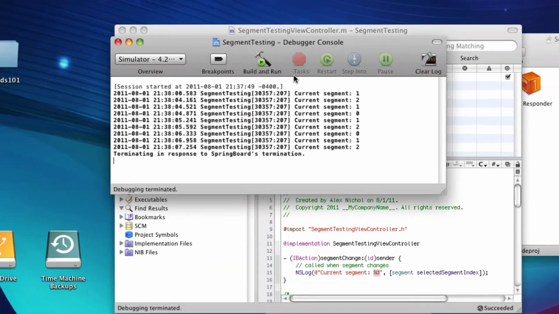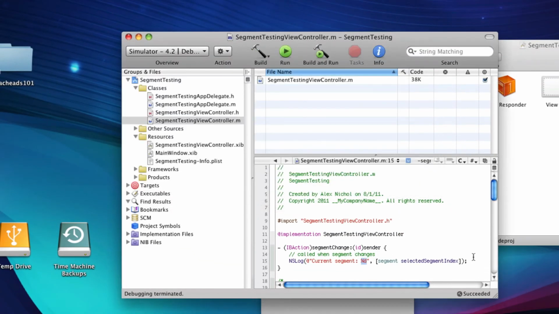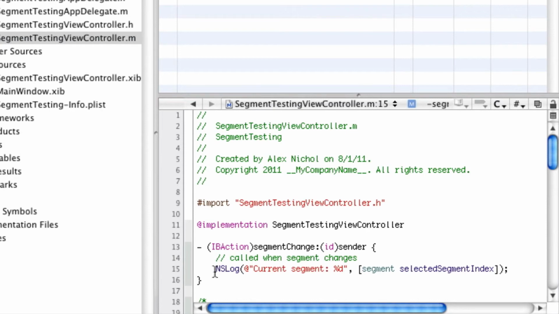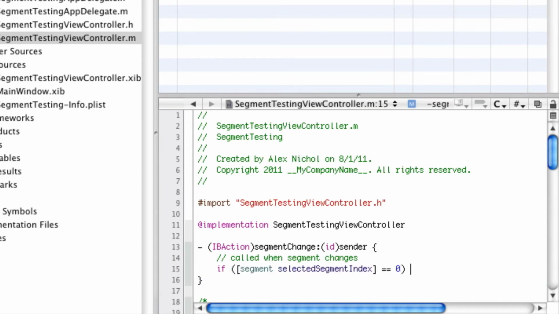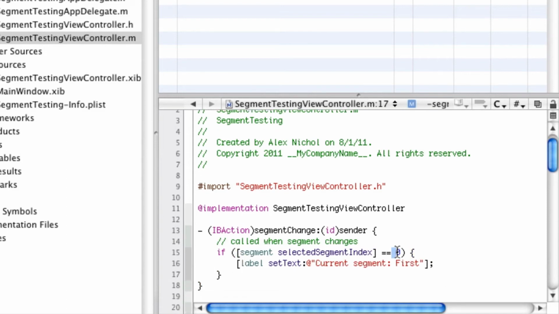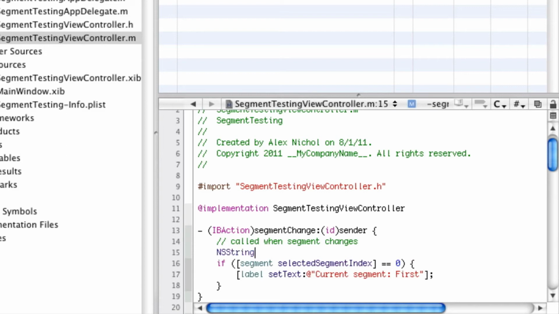So now we're going to actually make this set the title of our label. So the first thing we're going to want to do is we have the index, and from this we could do something like this. We could do, if this is 0, we say label set text current segment first. We could do this for all of them, and we could go through all of these, 1, 2, and 3, but that would be awful. No one wants to do that. It's just a waste of time when there's a much easier way to do it. So we can say NSString current title equals segment